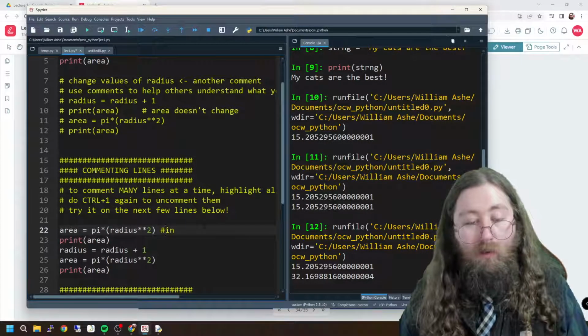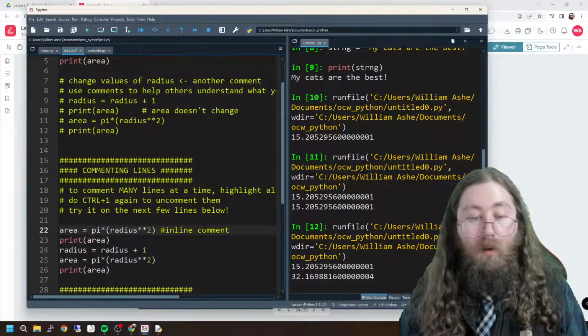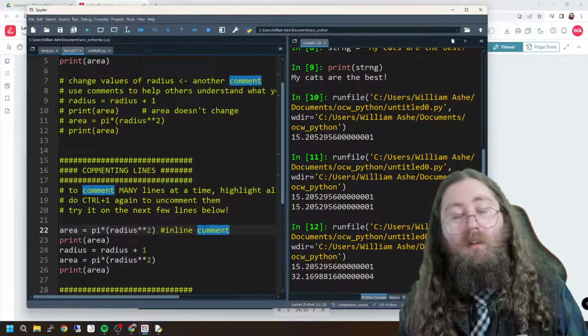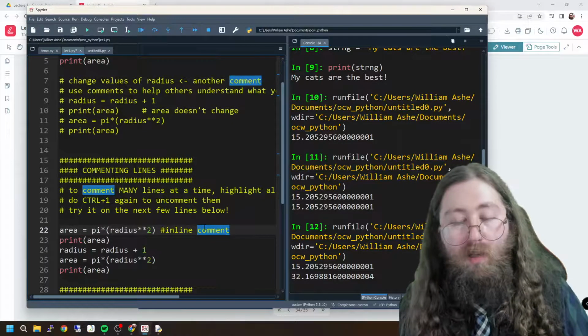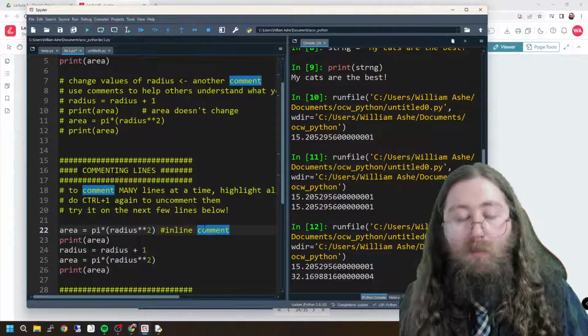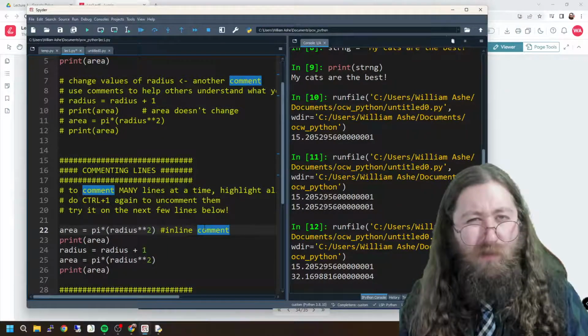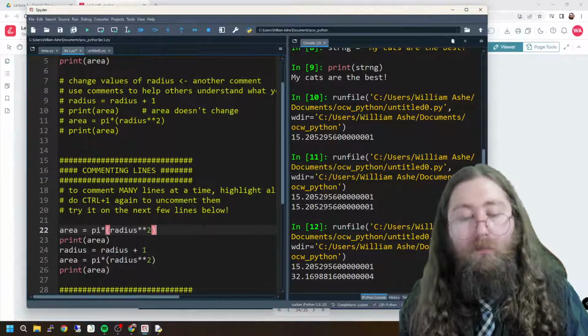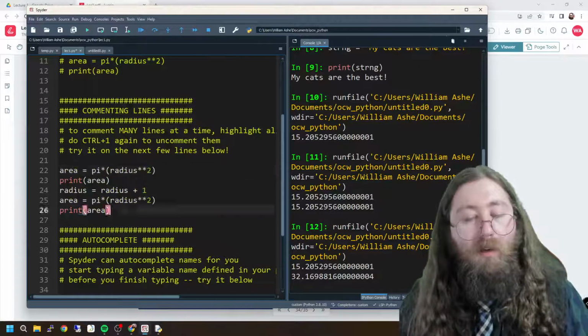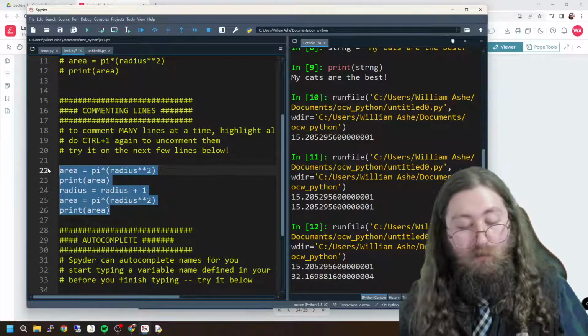And that's called an inline comment. Now, inline comments are kind of considered not stylish, right? It's not good Python style, but sometimes the inline comment is helpful, and you might use that when you're debugging or something. Okay, so I'm just going to comment this for now. Control 1.